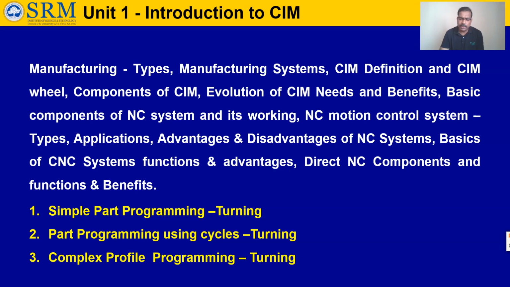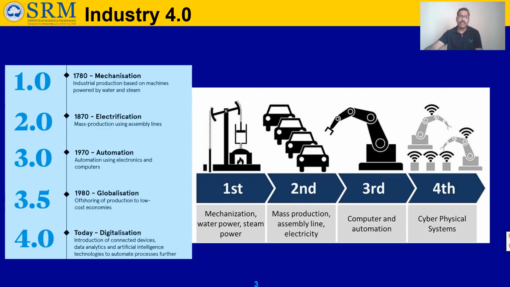So what do you mean by manufacturing? Before we go to manufacturing, what is happening in real situations in terms of the industrial era? Industry 4.0 we are talking about in quite recent times. So where did industry 4.0 come from? What was industry 1.0? Before 1.0 there wouldn't be any mechanisms or machines, just manpower, purely manpower. If somebody wanted to create some objects, they used their own manpower and made it without any mechanism.